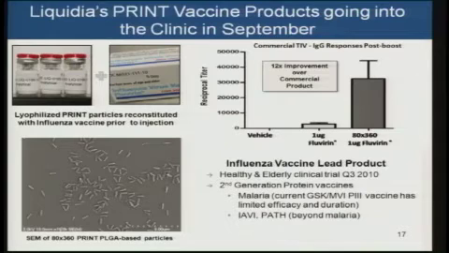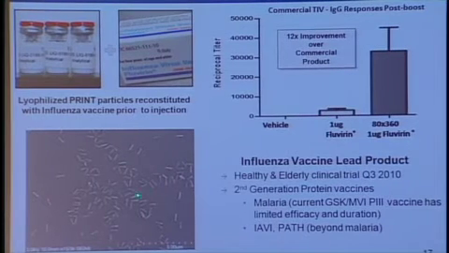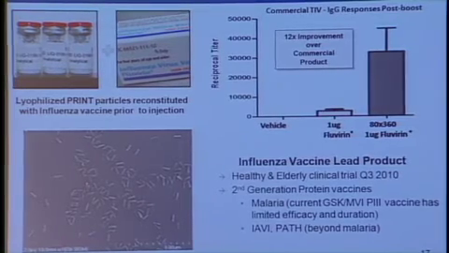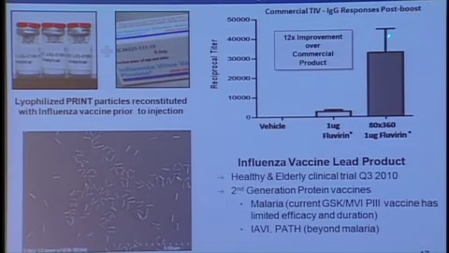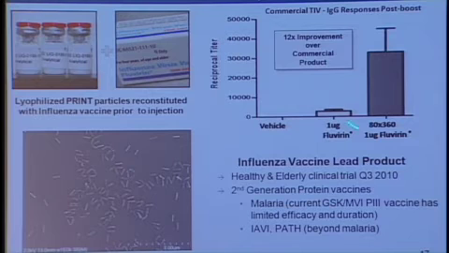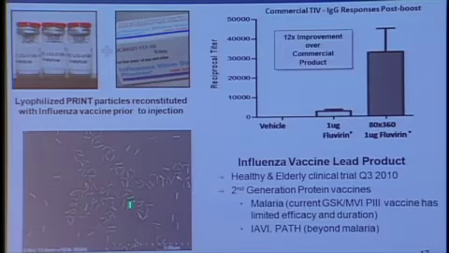So this is actually a commercial product that our company Liquidia is moving into the clinic in September for a very simple system. These are PLGA, lactic acid glycolic acid copolymer, particles that are these 80 by 320 nanometer particles that we can sterilize by filtration. We can combine them with just about any antigen, and we have a tremendous enhancement of the antigen associated with our particles. And so we're entering a clinical trial in the third quarter of this year, and we're moving into a variety of different other approaches. It's a simple delivery system, and we're beginning to add different types of immunostimulatory molecules as cargoes to combine antigens with